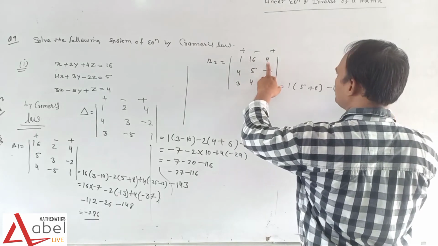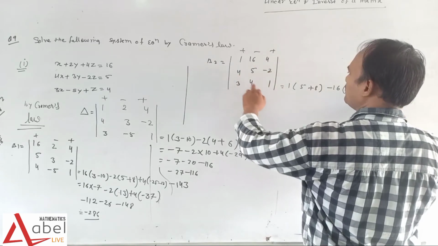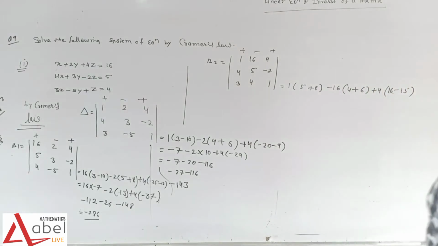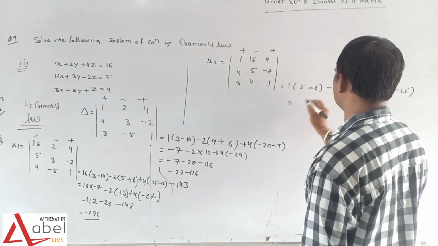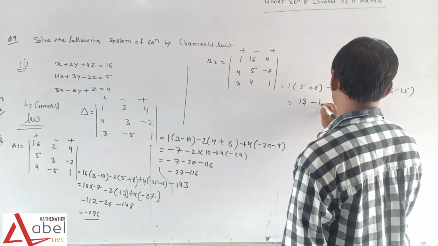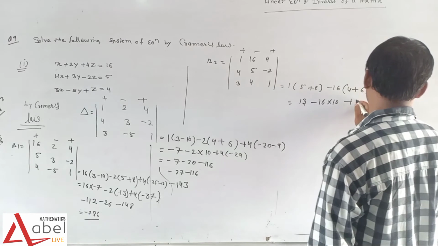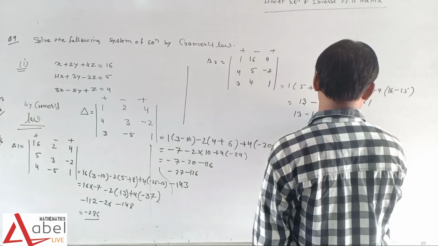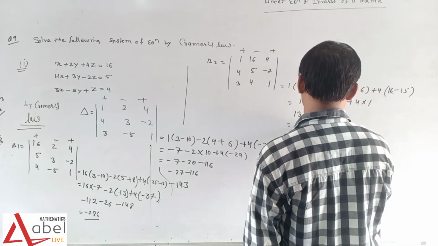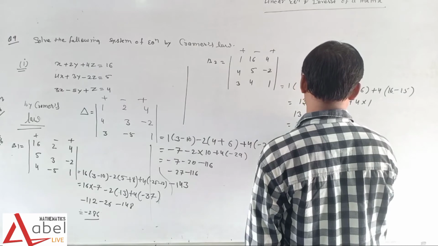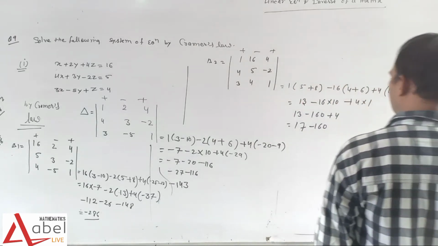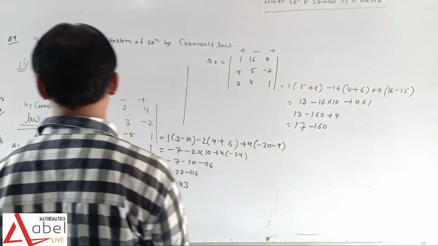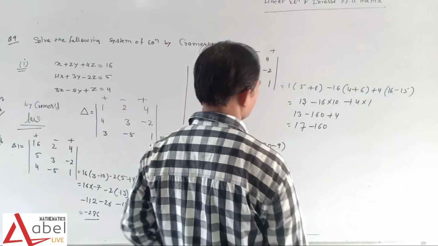When we are going to find with respect to 4, so we can say 4 is here, so it is 16 minus 15, okay, 16 minus 15, so it is a 13, it is a 16 into 10, it is a 4 and it is 1, so it is 13, it is a 160 and it is 4, so we can say that it is 17 minus 160. So we can say that it is 17 minus 161, so it is minus 143.